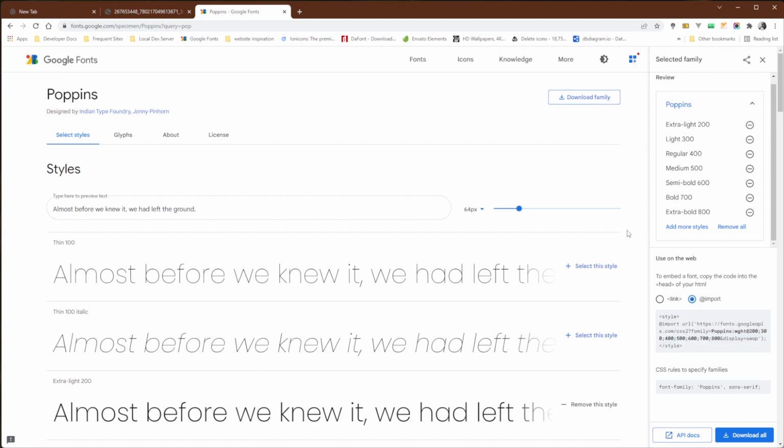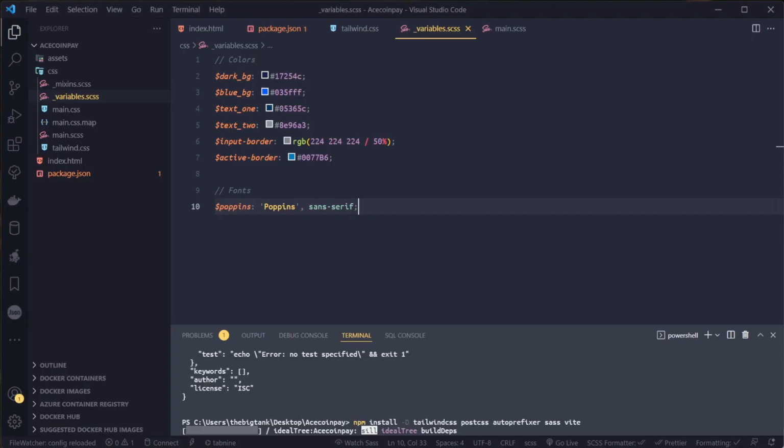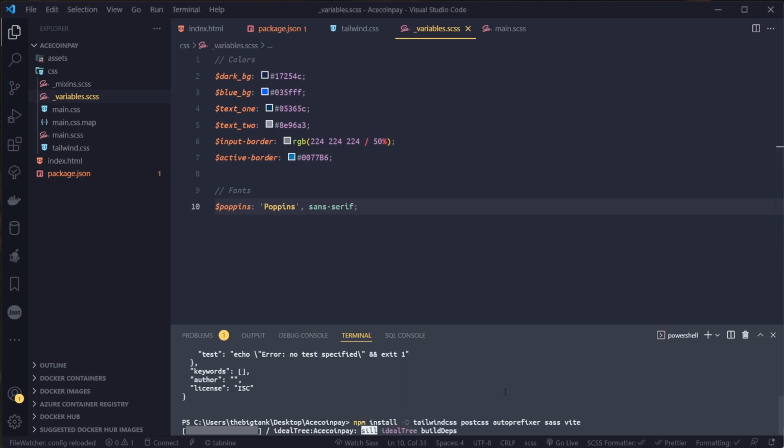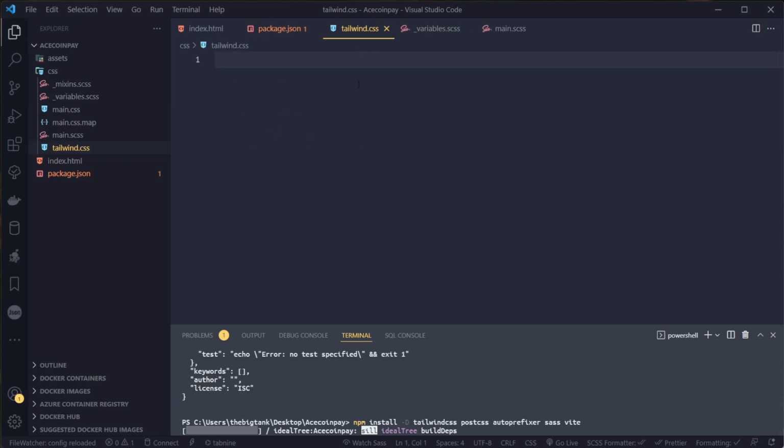Then I will go back to my IDE. This is not installed. What happened? Just my internet. If it works, if not, we'll cancel them. All right, so I'll come back to